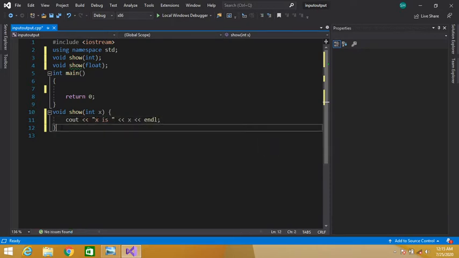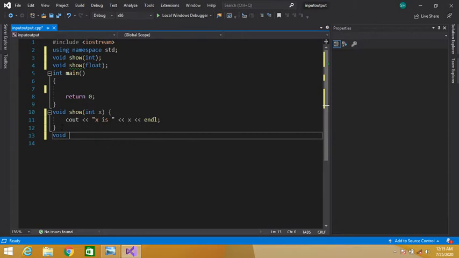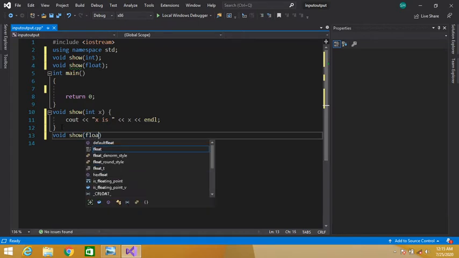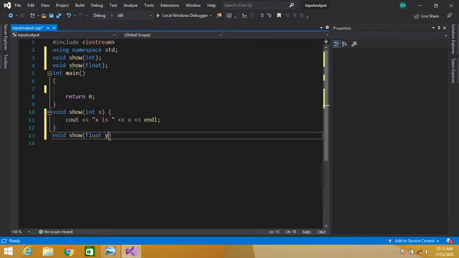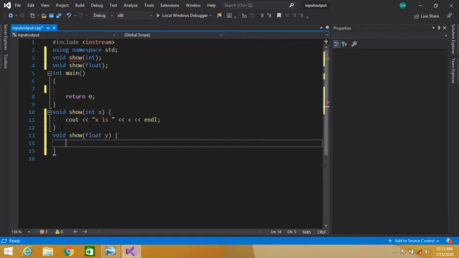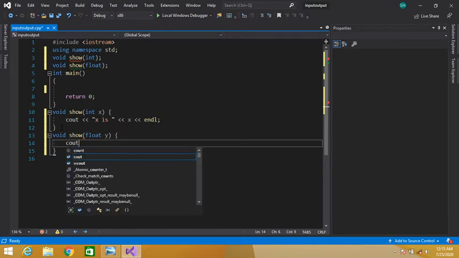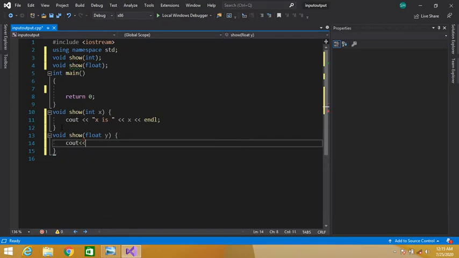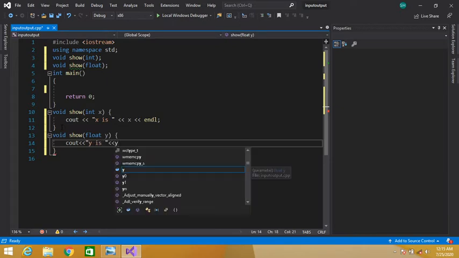Similarly, let's define our second function which accepts a float value as a parameter, float y, and here we will display y is, and the y parameter.